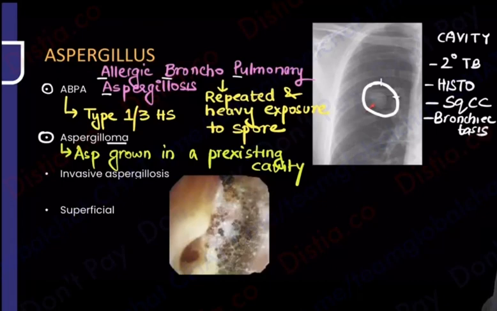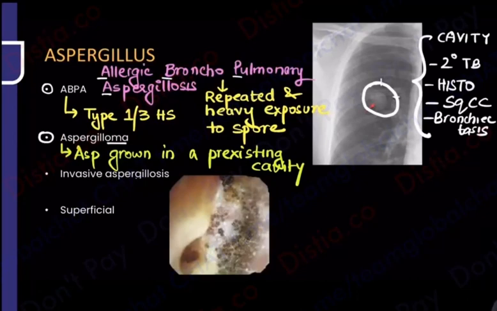So imagine any of these diseases. Actually, cavities have a long list, but what I have mentioned here is what you will find in all your PYQs. Either they will say there is a case of TB or histoplasma, or bronchiectasis, or a cancer called SCC. Now, the cavity is already there. Who goes and sits inside that cavity? Aspergillus goes and sits inside that cavity. That is Aspergilloma. So remember, does Aspergillus cause the cavity? No. Does Aspergillus go and sit inside a cavity? Yes.